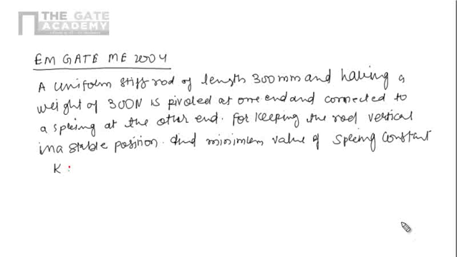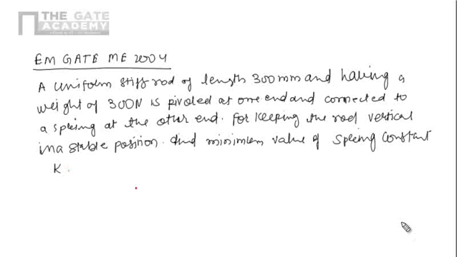In the problem, a uniform stiff rod of length 300 mm and having a weight of 300 Newton is pivoted at one end and is connected to a spring at the other end. For keeping the rod vertical in a stable position, we have to find out minimum value of the spring constant